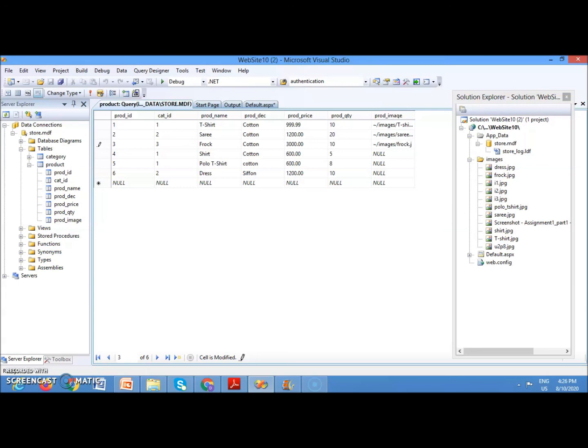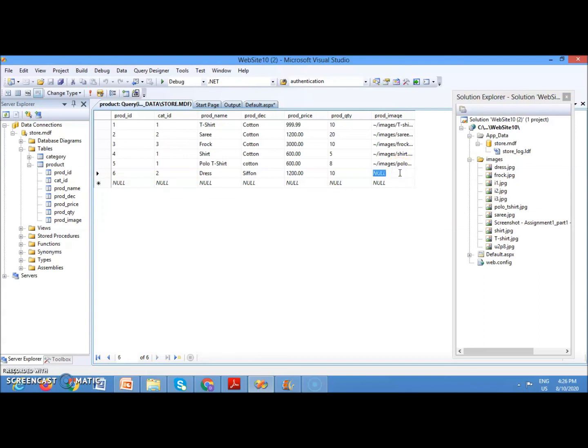If it is lower then you have to write in lower. Again slash images, then it is a shirt, then you can say shirt dot jpg, then again tilde slash images. It is a polo t-shirt, so there is a file with the name polo underscore t-shirt dot jpg.